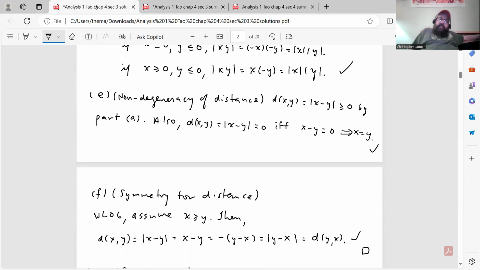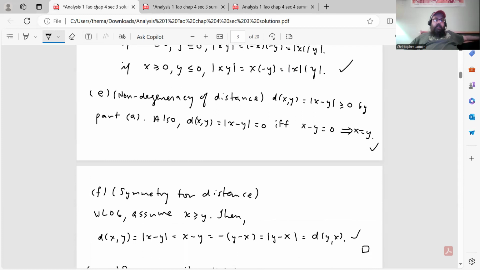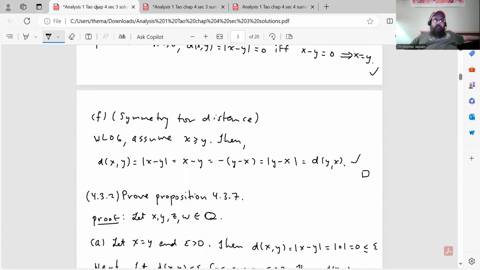The distance between x and y, by definition, is the absolute value of x minus y. That's greater than or equal to 0 by part A. Also, the distance between x and y, which is, again, the absolute value of x minus y, equals 0 if and only if x minus y is 0, which implies that x equals y. So that proves non-degeneracy. Then part F is about